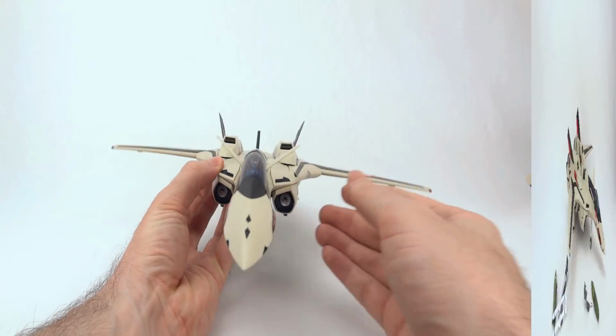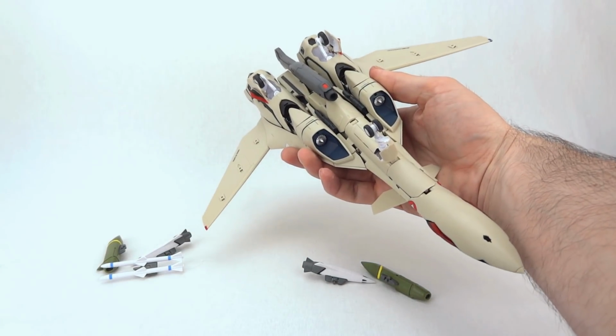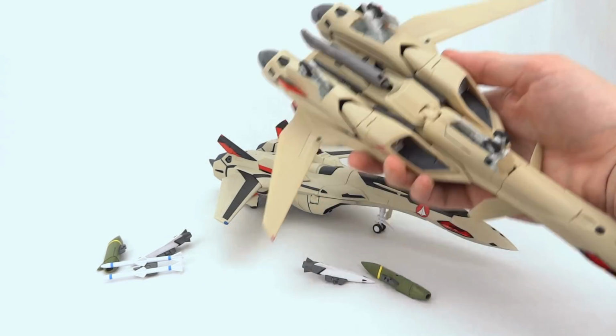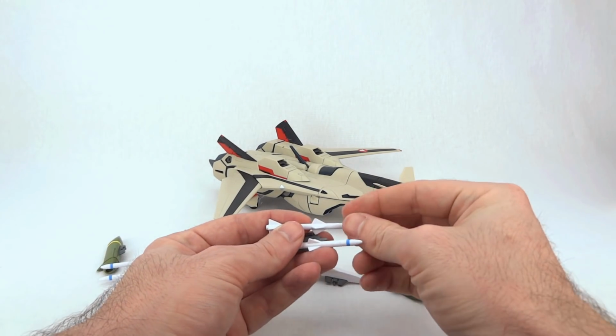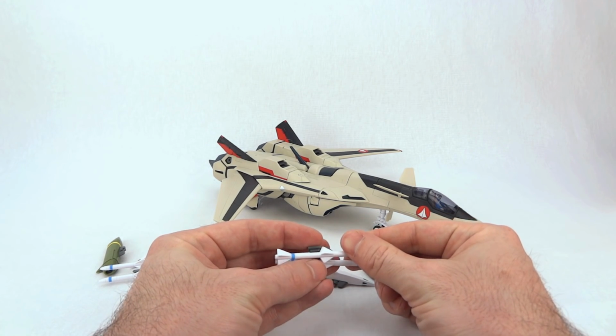the Yamato toys. The other big plus you get with the Arcadia toy is hardpoints on the wings. There are no hardpoints on the Yamato product. So you get hardpoints and 8 billion different missiles you could put on there. Now I will give you a gripe right now, and that is that the missiles, while they are cool and